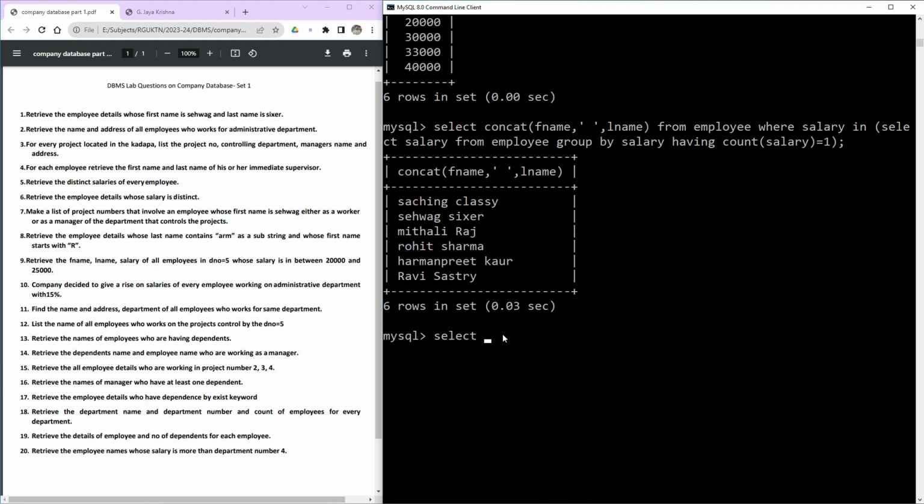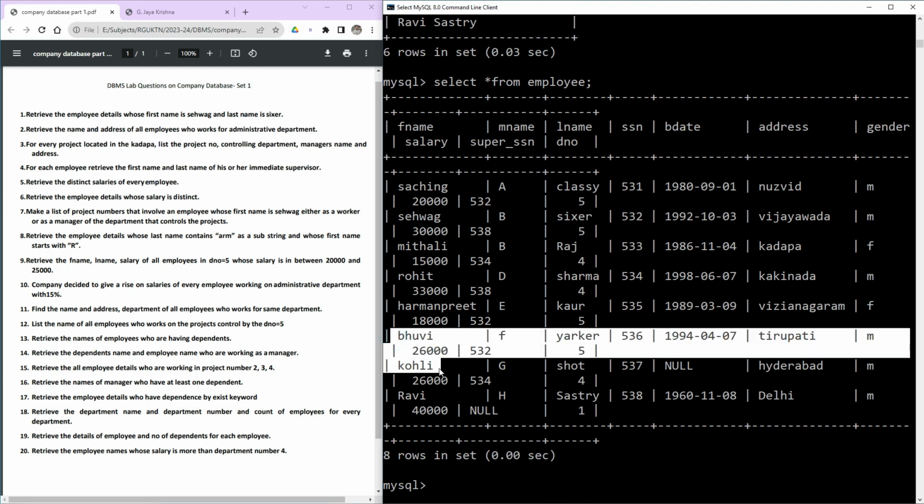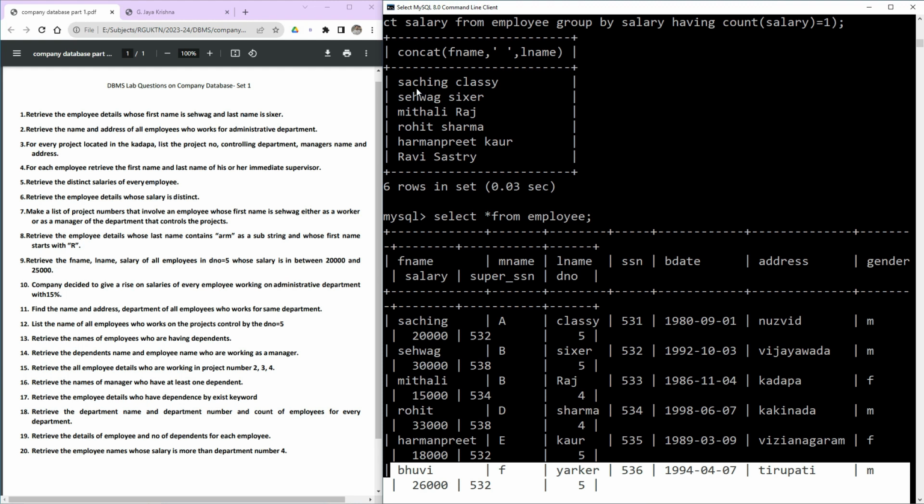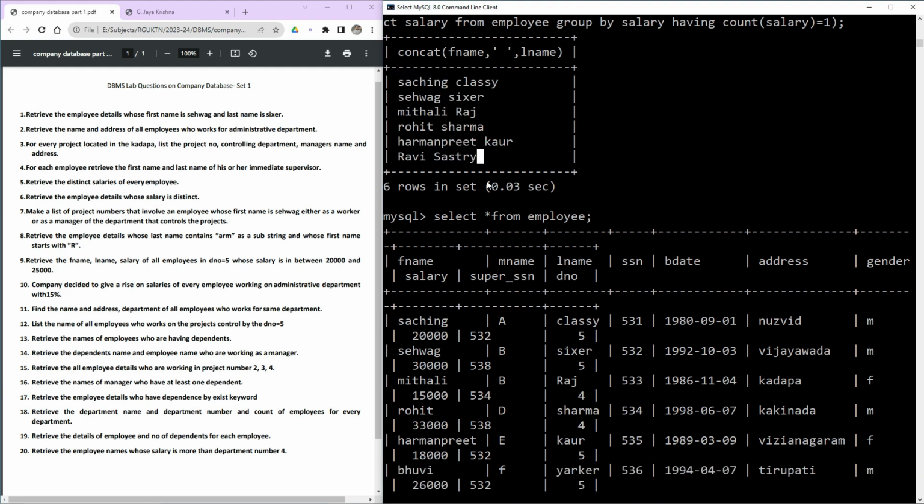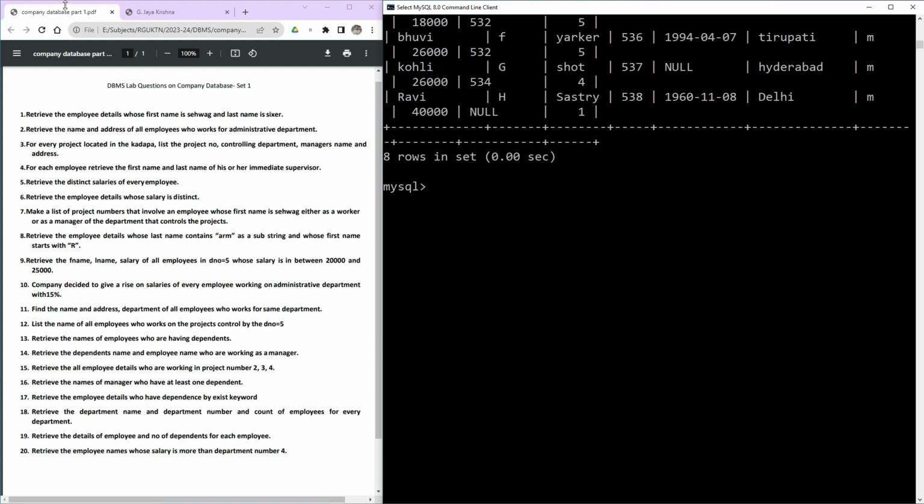So let me write select star from employee. If you print it, Kohli and Bhuvi have the same salaries, observe. That's why they are not in the output, because they are duplicates, right? Because they are repeated. That's it, right? Fine. Next one,